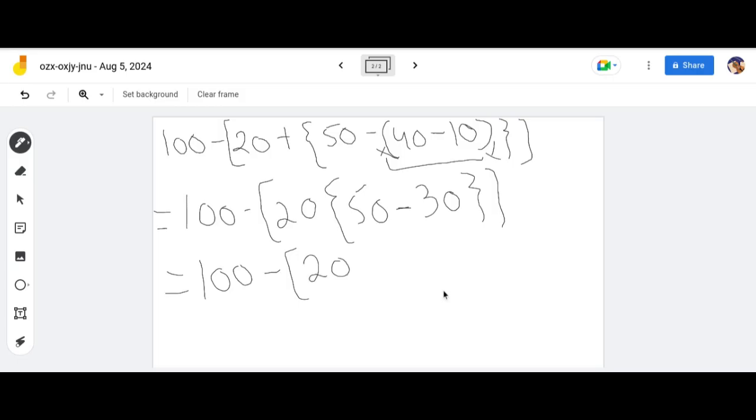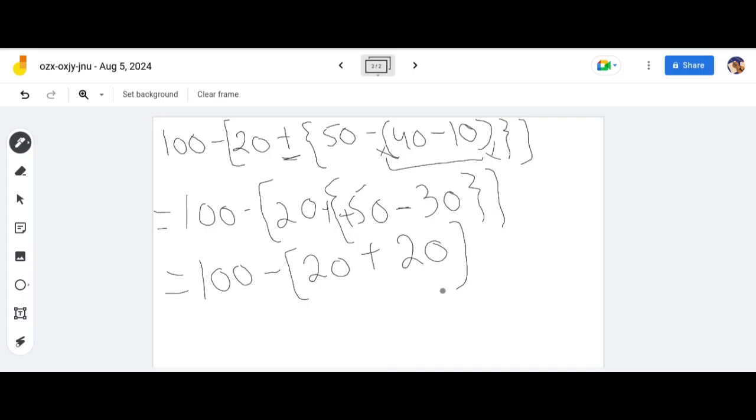Now after that I have to solve which bracket? Curly bracket. Now 50 minus 30 is 20. Now which sign will be used here, plus or minus? It will be plus, because 50 has the plus sign, 30 has a minus sign, and the answer is 20, but the biggest value has the plus sign. So 20 also has the plus sign here. You can see that 20 also has the plus sign.